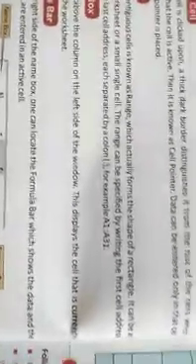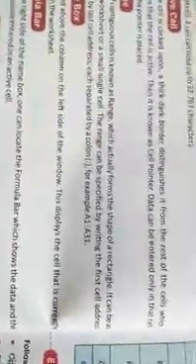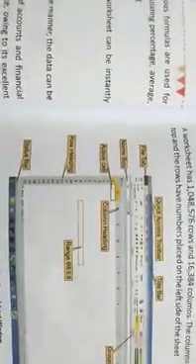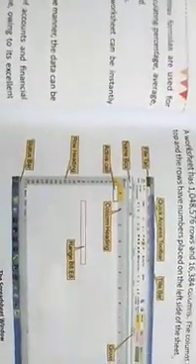The range consists of the starting address and the ending address separated by a colon. You can see here A1 to A31. It means the range contains the cells from A1 to A31. When we are selecting the range B8 to E8, it means the cells from address B8 to E8 are combined together, and it forms the range of cells.